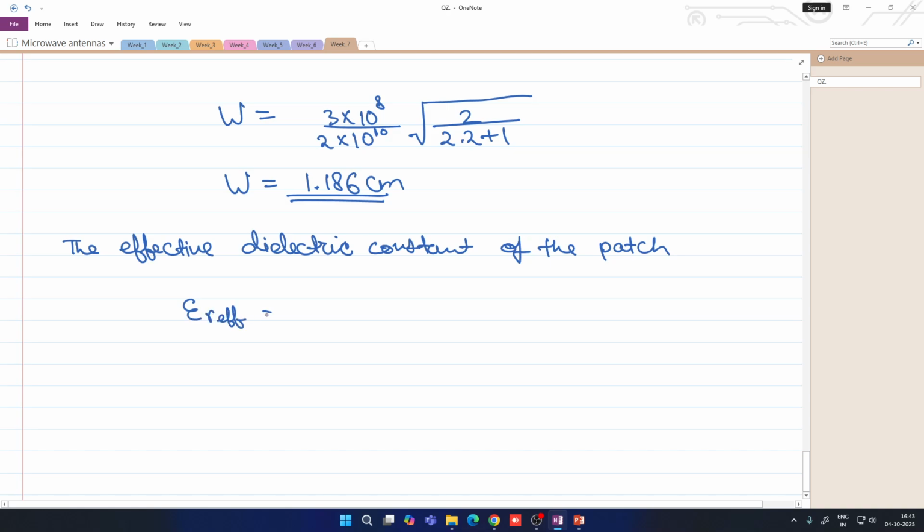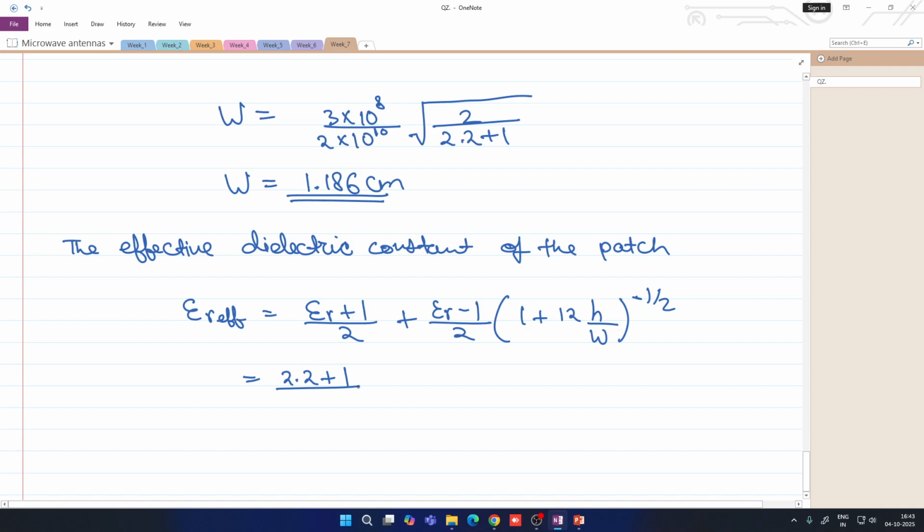Epsilon r effective is given by (epsilon r plus 1) divided by 2, plus (epsilon r minus 1) divided by 2 into 1 plus 12 times h by w, where h is the height of the patch and w is the width that we found, the whole power minus 1 by 2. Now we will substitute these values: (2.2 plus 1) divided by 2 plus (2.2 minus 1) divided by 2 into 1 plus 12 into